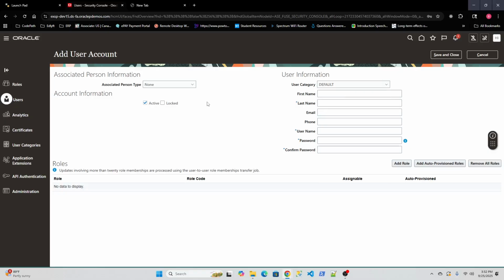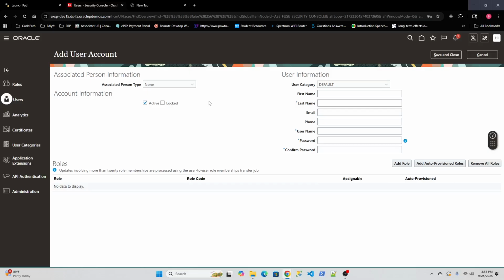Here is the difference: you see this associated person type. Every employee in your company is going to be associated with a person. But for other users, like I said previously, for the implementation consultant and the people who are going to be troubleshooting your issues with the application,